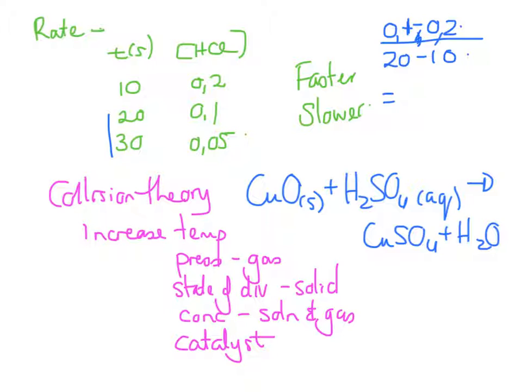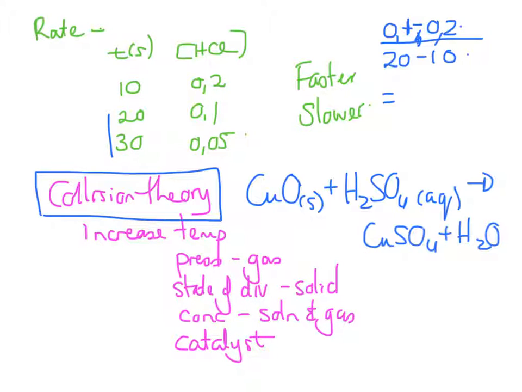We often get asked how to make the reaction go faster, but you can also be asked how to make the reaction go slower. And obviously it's just the opposite of all the things that would be how you would make it go faster. The way we have to explain the rate of the reaction is using something called collision theory. And collision theory says that the more often we can get the particles to collide, the faster the reaction will take place. So, in terms of pure theory, when I increase the temperature, collision theory says the kinetic energy of the particles increases,